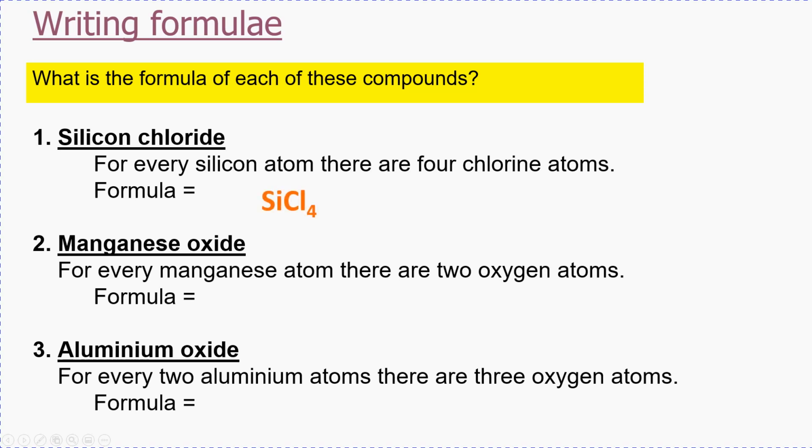So for the first one, I've got 1 silicon and 4 chlorine. So silicon is Si, and it's just 1 of them, and then chlorine is Cl, and there's 4. Now you have to make sure that that number 4 is lower down. Now I'm going to stop the video now, because what I want you to do is I want you to have a go at these other 2, and if I carry on with my PowerPoint, it will give you the answers. Okay, so that's what you're going to do, and I'm going to put 2 other sheets onto class charts for you to have a go at working with these formula and deciphering what is in different compounds.